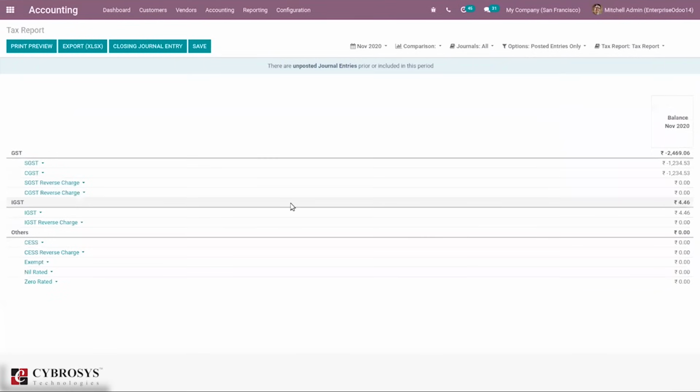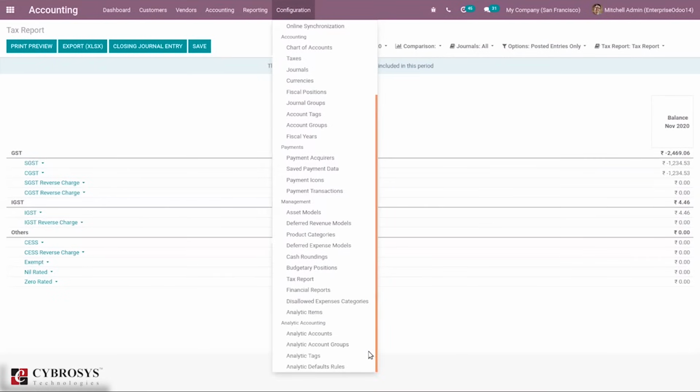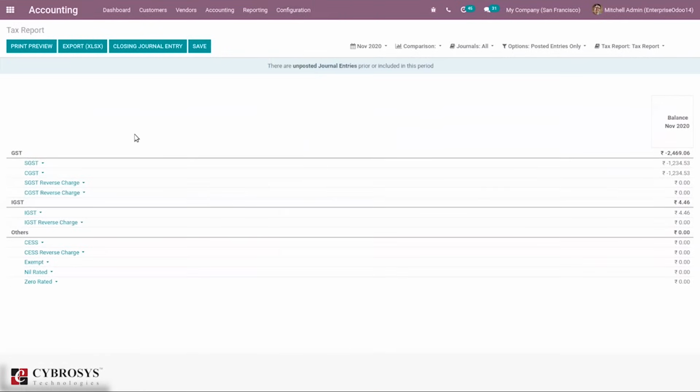Then we have tax report, that is to calculate an entity's income earned with the amount of tax payable to the government or organization or the potential taxpayers. So you can see here GST, IGST, and others. We have seen before, we can configure tax report by coming to configuration. Here you can configure a tax report. What all lines need to be added here? You can do that. So you can see the balance of each